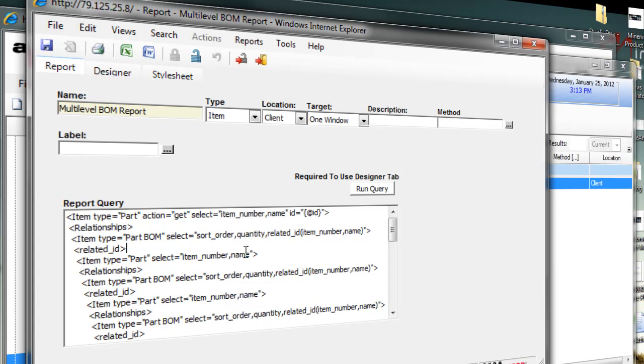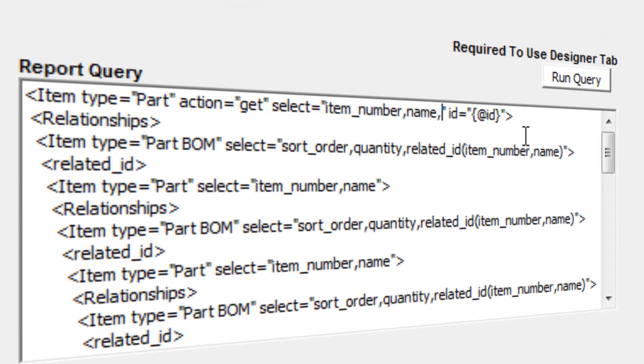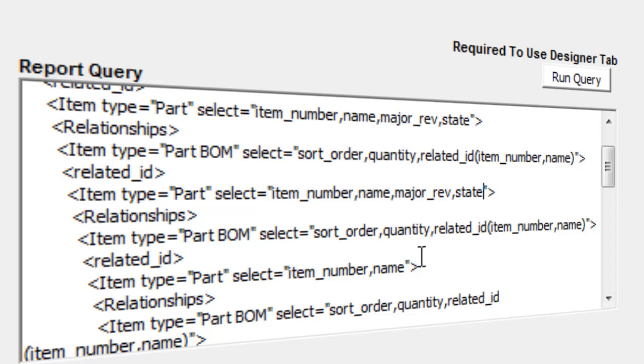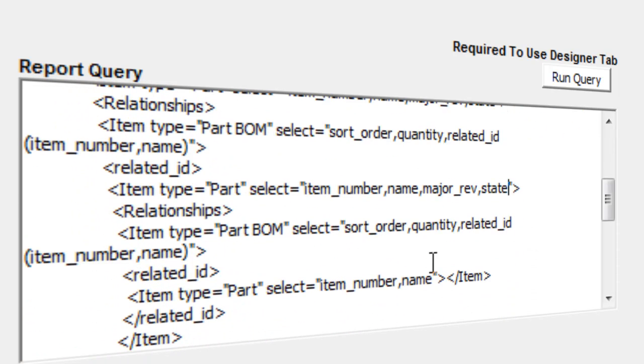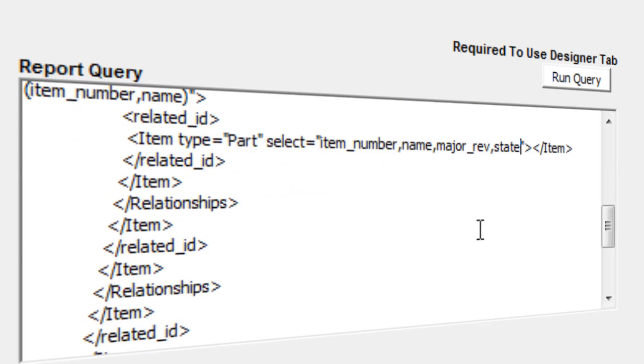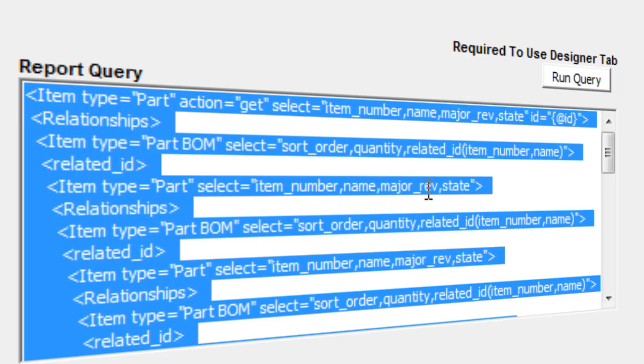So the first thing I want to change is, in order to add the columns at the end with the revision and the state, I want to add here major rev and state. I will add it on each level. And in order to test that locally, or to change the report,